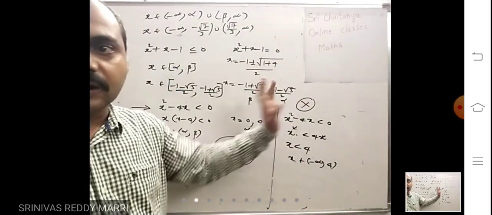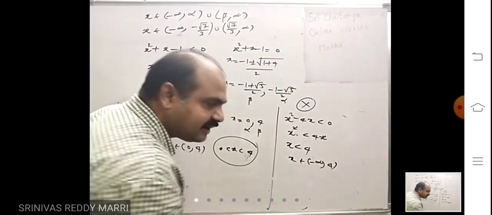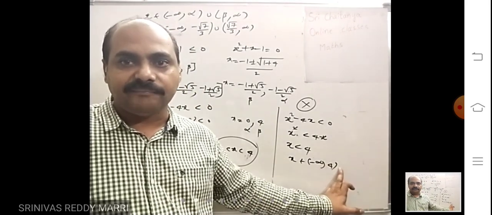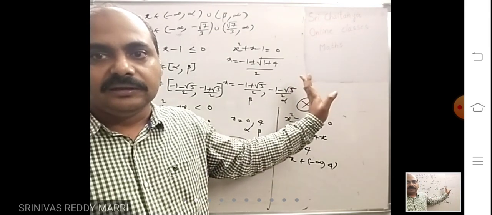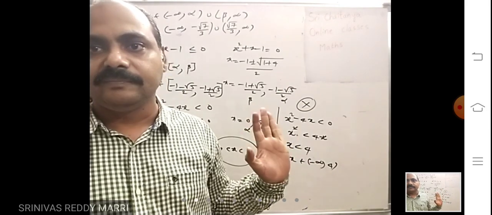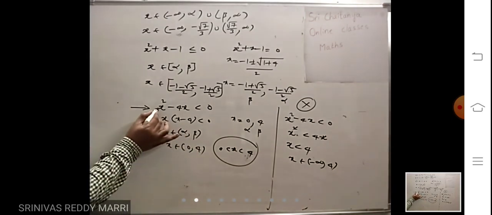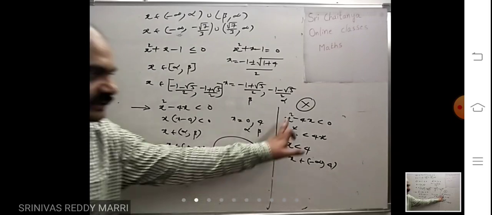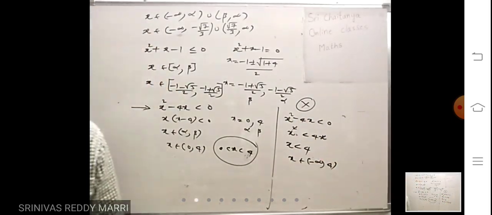Extra values, those are not solutions, right? In this interval, these values are there or not? These values are also there, right? 0 to 4 is also there, but more values are there which are not solutions of that equation. While solving the quadratic inequality, don't cancel anything. Just factorize that one. Look at here, I have not cancelled, just taken x common. Two factors like that. These mistakes you will do. Okay? Remember this.